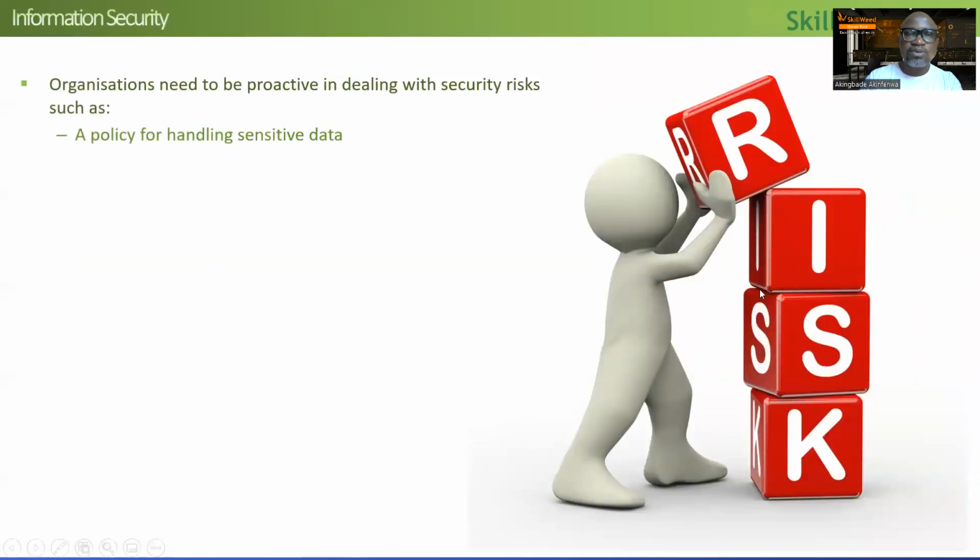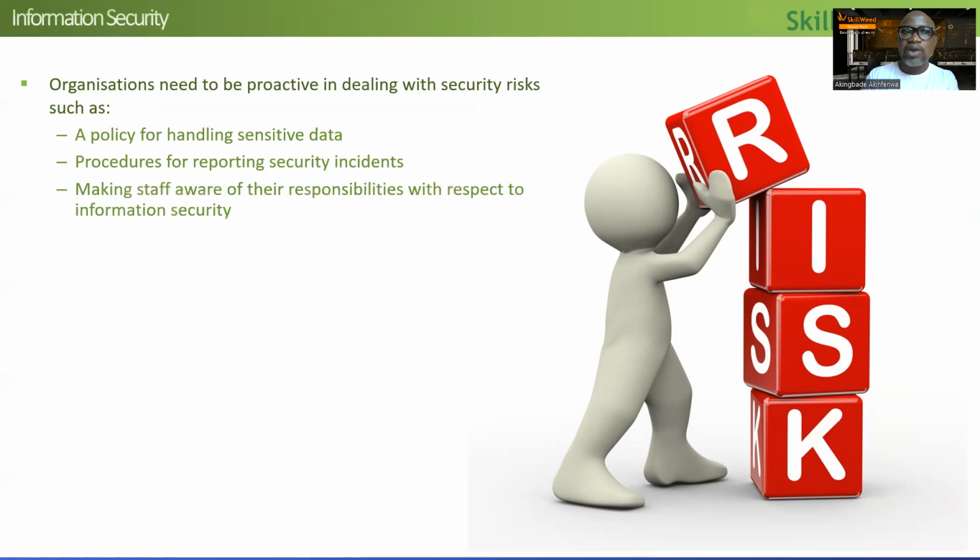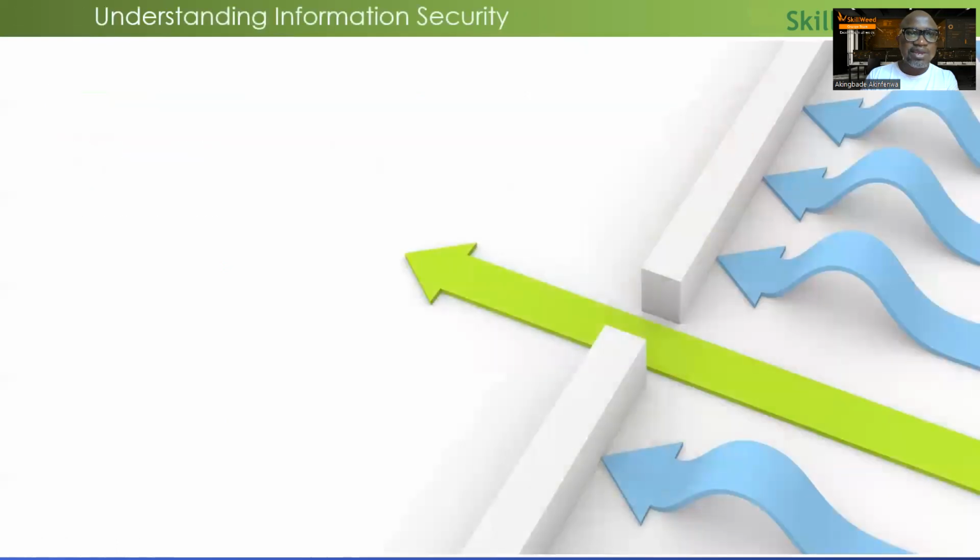Information security, which is part of what we are doing, focuses on security threats within the organization. It has policies we need to follow, like policy for handling sensitive data, procedure for reporting security incidents, awareness for your staff in terms of what security they should be aware of. These are things that are vital in terms of information security.